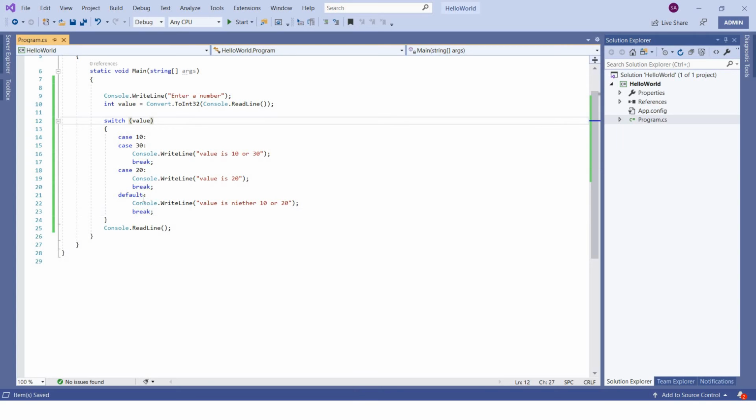Okay, so now the next point I wanted to cover is what is the benefit of using this switch statement instead of if else. If you remember from the last video session, we discussed that whatever if else statements you add, it will try to evaluate all of them one by one, and whichever evaluates to true, it will execute that particular block.